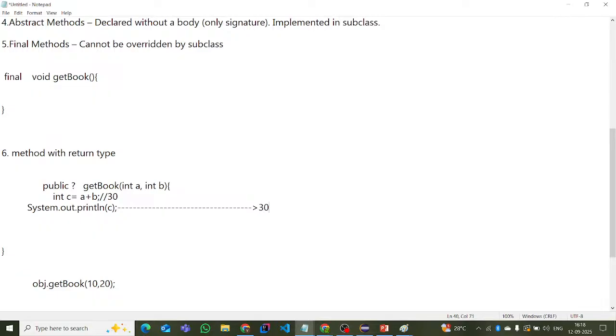30. Whenever we are invoking this with the object, it will go to this block, this method, and it will return the 30. Now a small change here. If it is void, in the question mark, then it is valid. Now if I give integer,